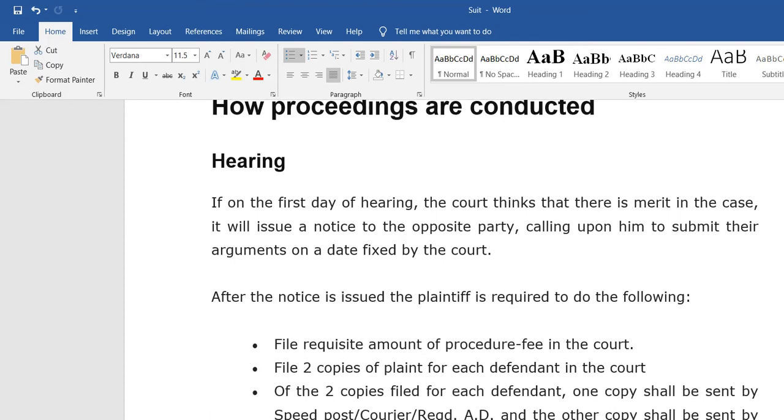So on the first day of hearing, if the court thinks that there is merit in the case, it will issue a notice to the opposite party calling upon him to submit their arguments on a date fixed by the court.